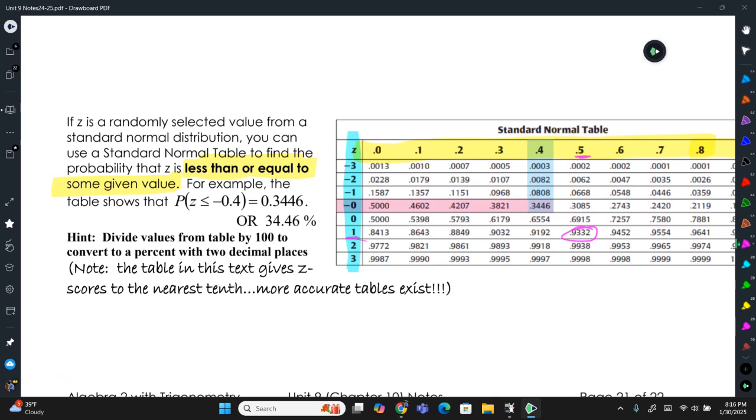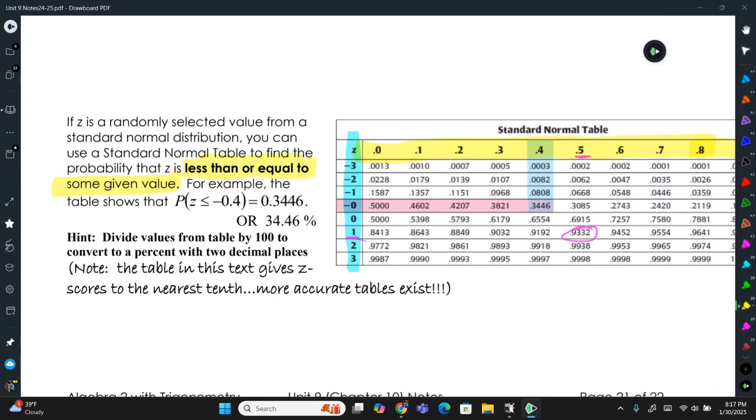So again, this table tells us the probability that our z value is less than or equal to your data point. So if you want something greater than, and we're going to get to that, you'd have to do 100% minus